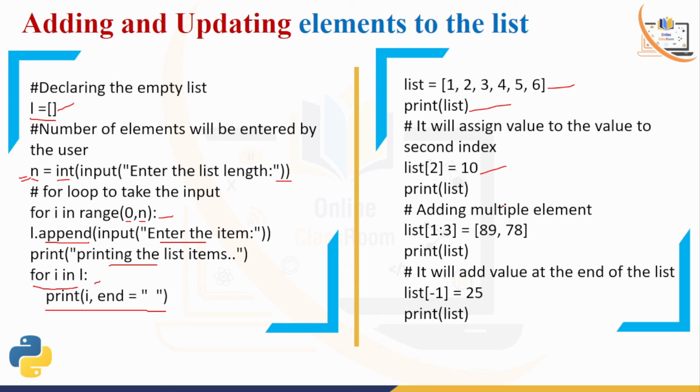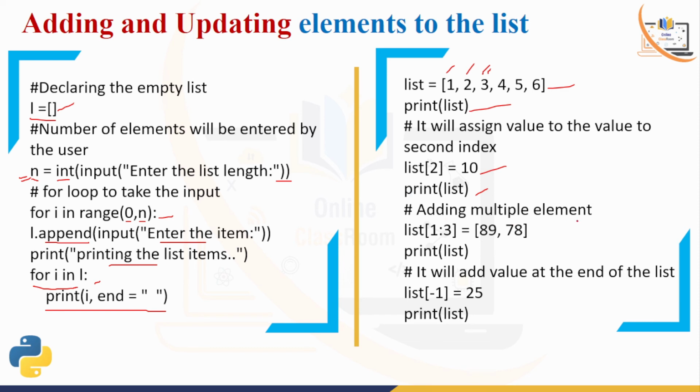What it means? It means that in the list, the index value starts with 0. So it is the 0 position, it is the 1 position, and it is the second position, right? So now list[2] = 10 means 3 will be discarded, and 3 will be updated with 10. So the updated list is 1, 2, 10, 4, 5, 6. Now again, if I print the list,